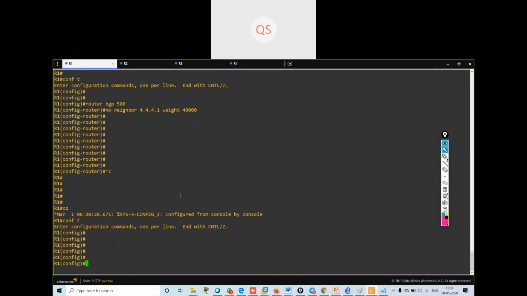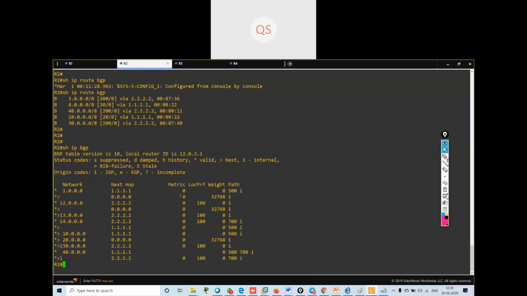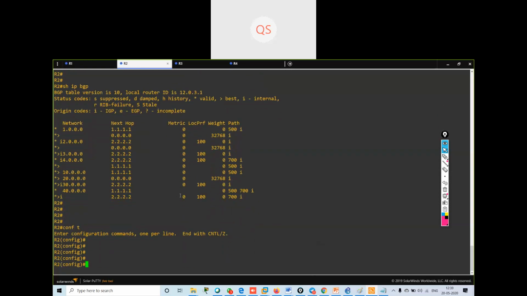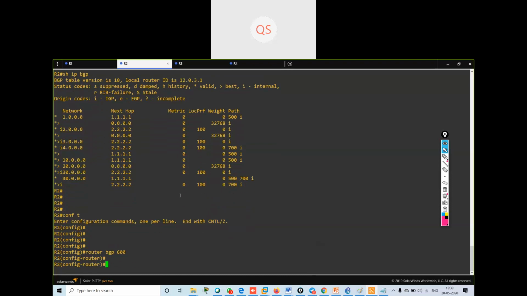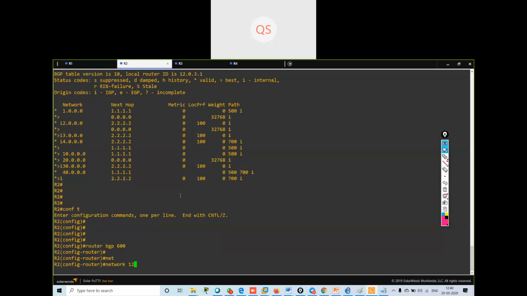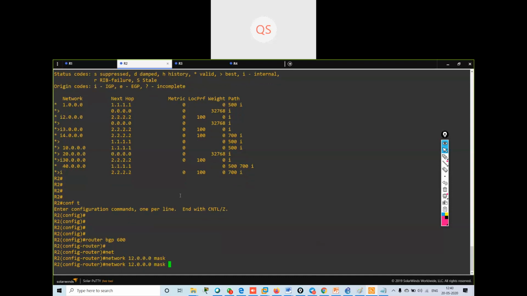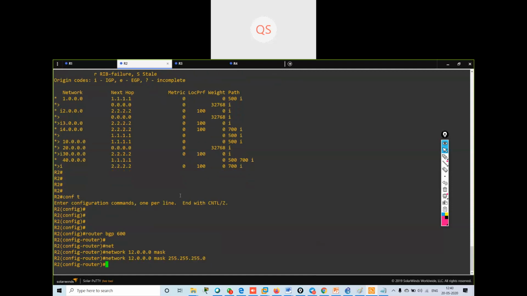Then on R2 I will go and advertise my loopback interfaces also in BGP 600. I will say network 12.0.0.0, and the mask is 255.255.255.0.